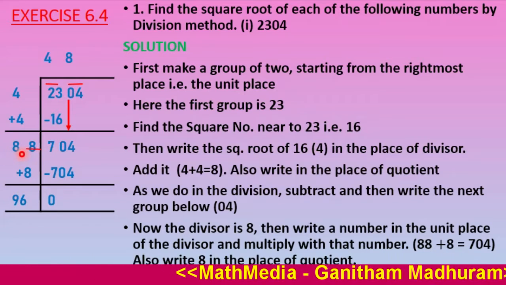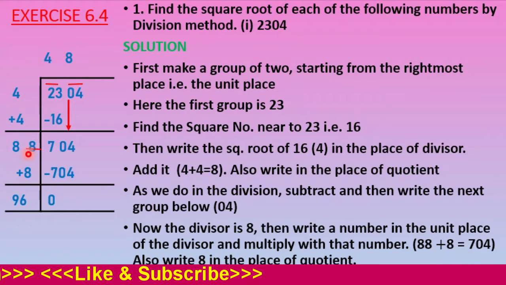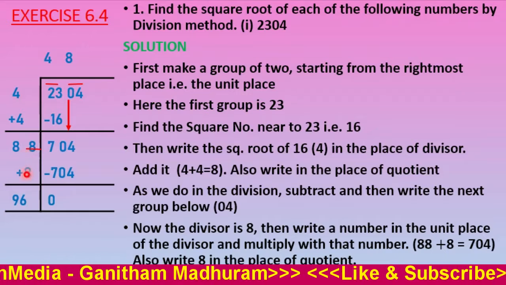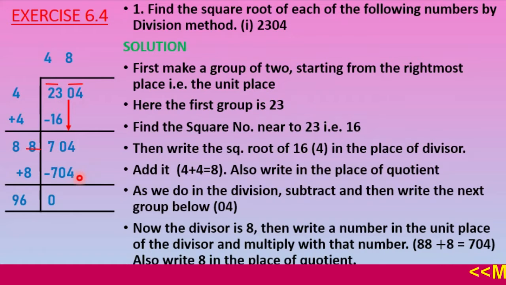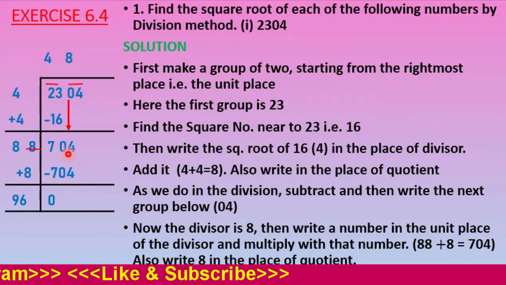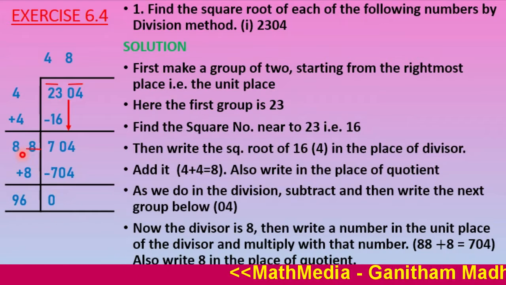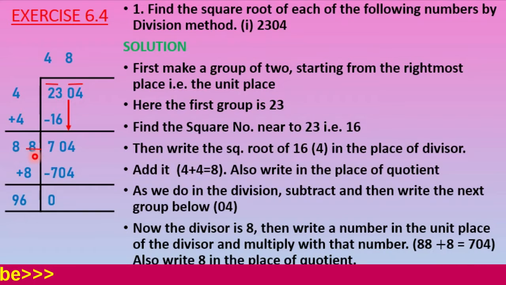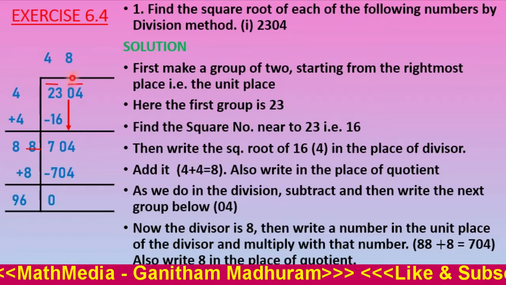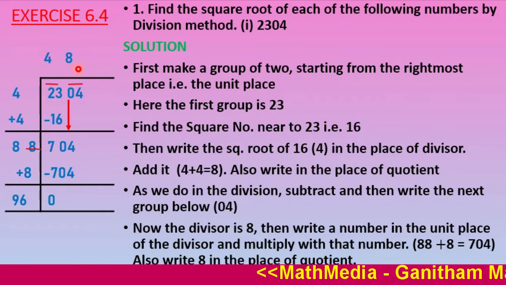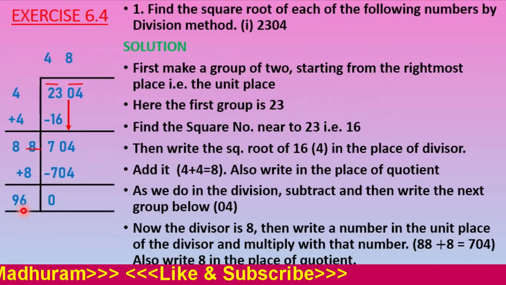So we write down 8 on the right side of the divisor, and with the same number we have written, 8, we have to multiply. 88 into 8 gives 704. So 704 minus 704 will give 0. The 8 we have written here in the blank space, that means we have to write 3 times: one just below the divisor and one 8 in the quotient. Now the divisor you have to add: 88 plus 8 will give 96.